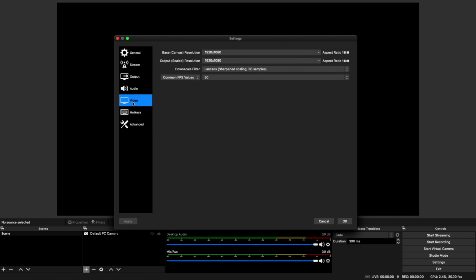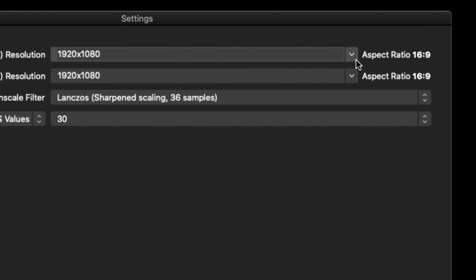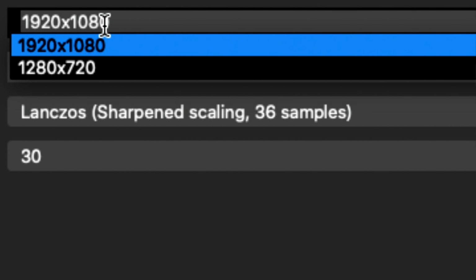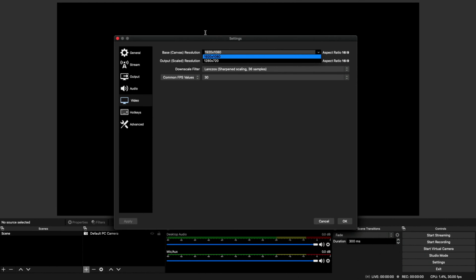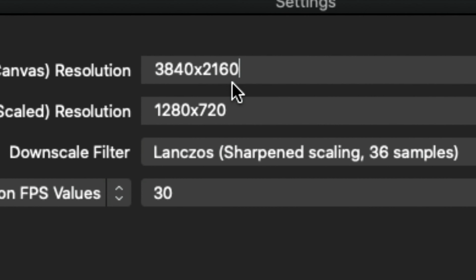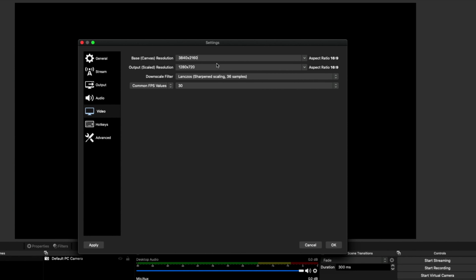Okay, we have two resolutions to change. Our base resolution is the top field. You'll find that you can't get to the 4K resolution. You have to type it in manually. So we'll do that right now. For 4K, the resolution is 3840 by 2160. Now once you have typed that in to the top resolution field, you'll be able to set